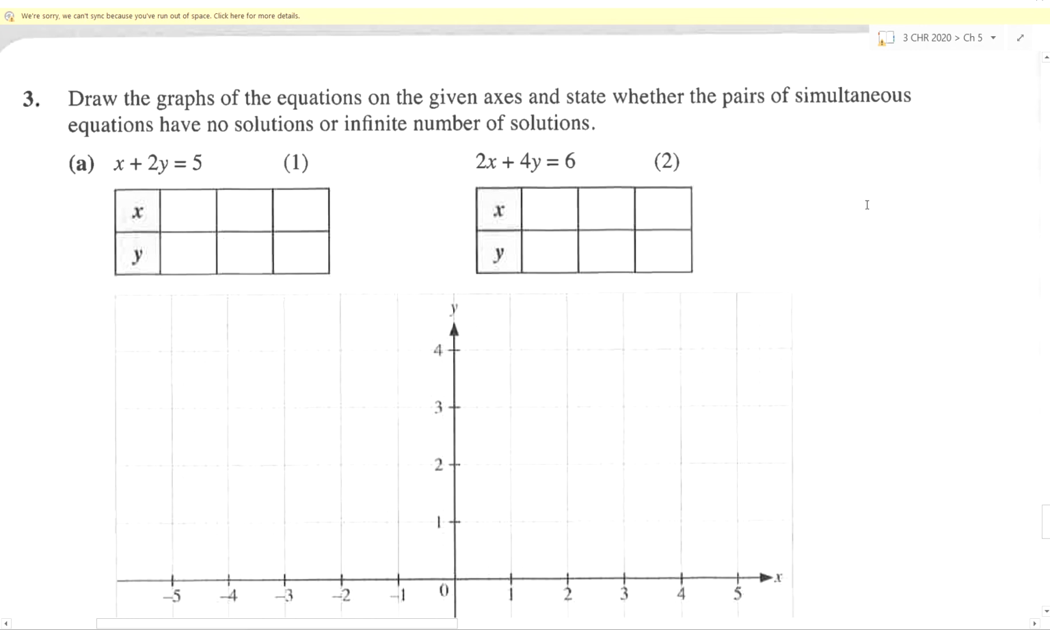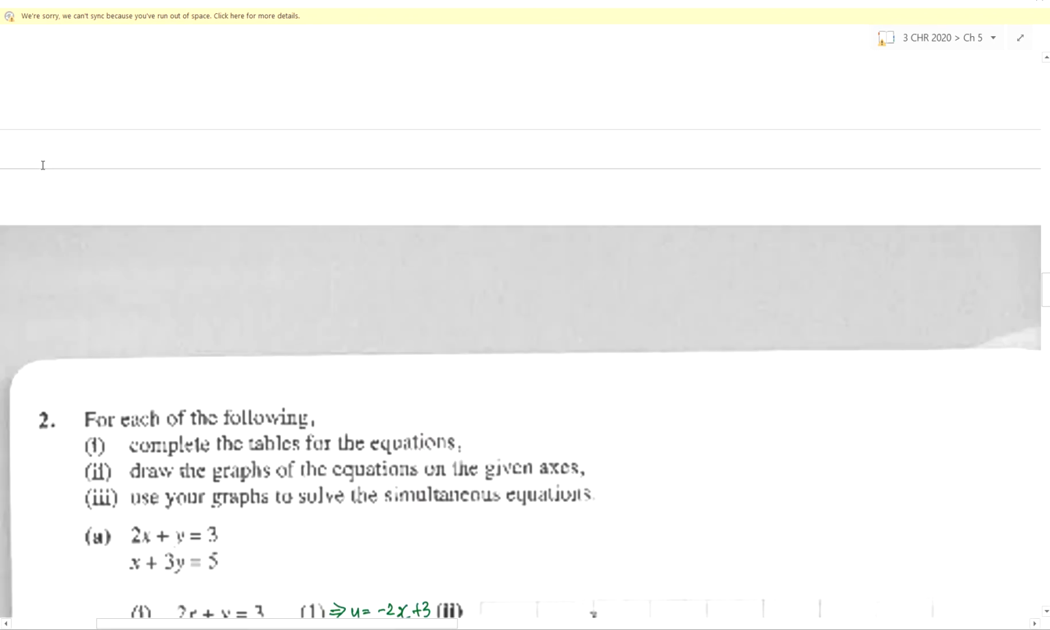In this video, we will cover question 3 of exercise 5.2. We are told to draw these two graphs at the same time on a given axis, the x and the y axis, and state whether these two equations have no solutions or an infinite number of solutions. Before question 3, we found out in question 2,